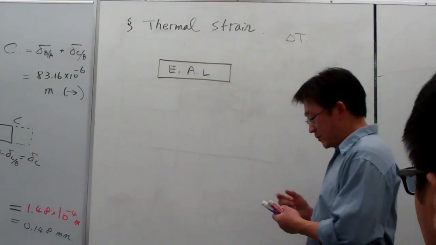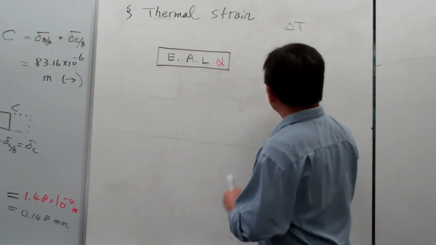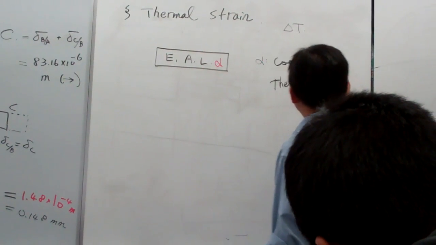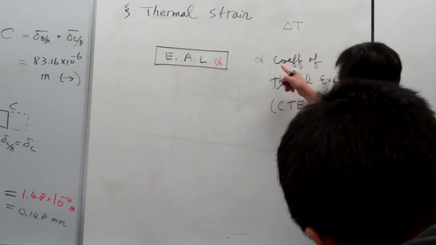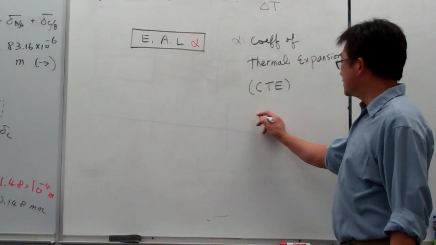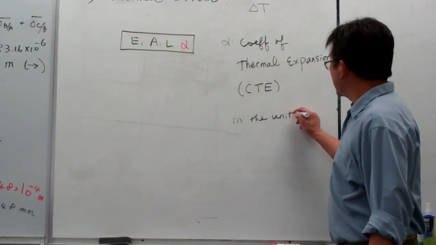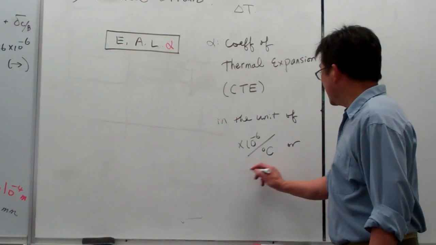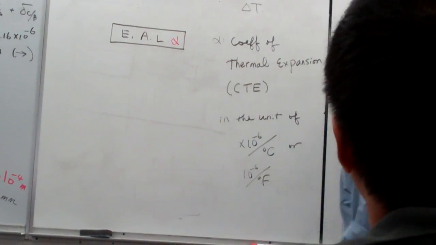Okay, and corresponding to these properties, I need to introduce an additional term, alpha. And here the alpha is called the coefficient of thermal expansion. And sometimes we call it the CTE, taking the first letters of the term. And alpha usually is in the unit of, for example, 10 to the minus 6 per Celsius, or 10 to the minus 6 per Fahrenheit. And for example, for copper,